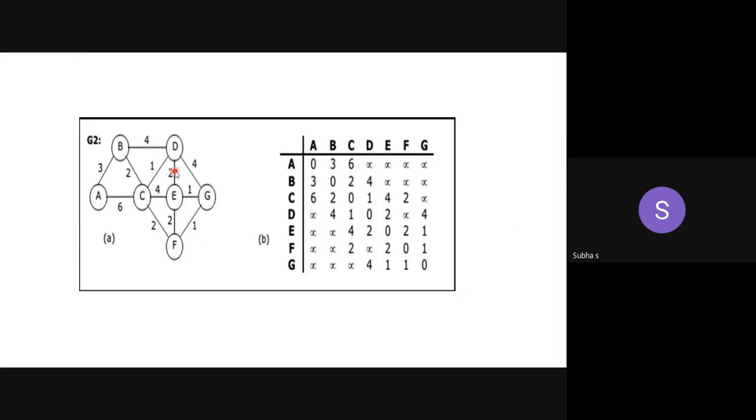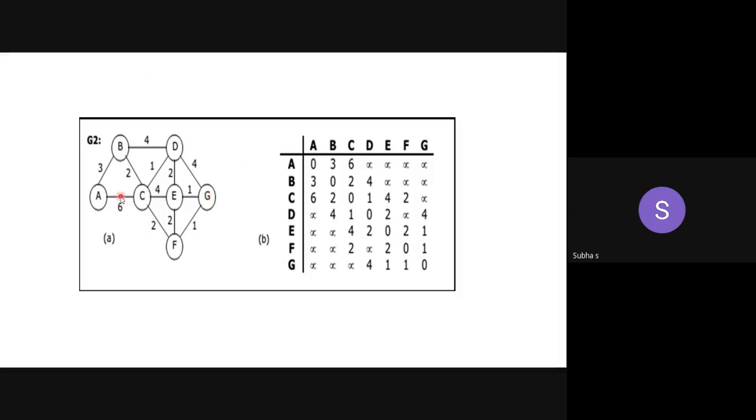Same thing, only instead of putting 0 and 1, you have to put the corresponding weight of the particular edge. If there is no edge, you have to put it as 0. For all the self loops, you have to put 0. If there is no direct edge, you have to put infinity, not 0. That is the small variation in a weighted graph.